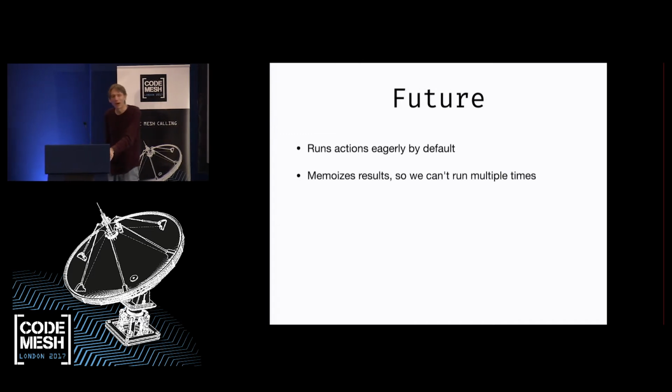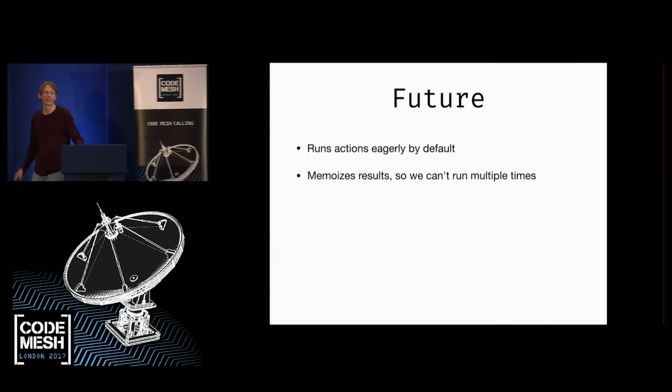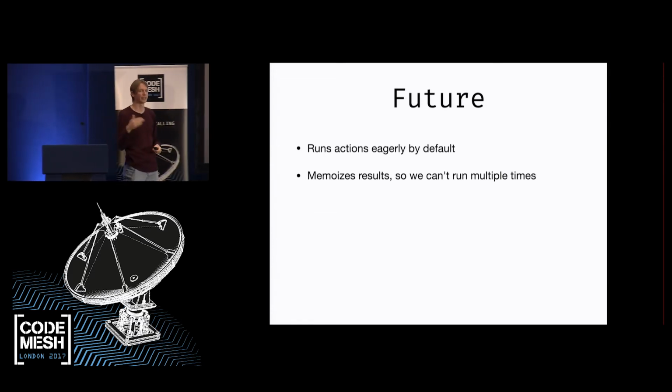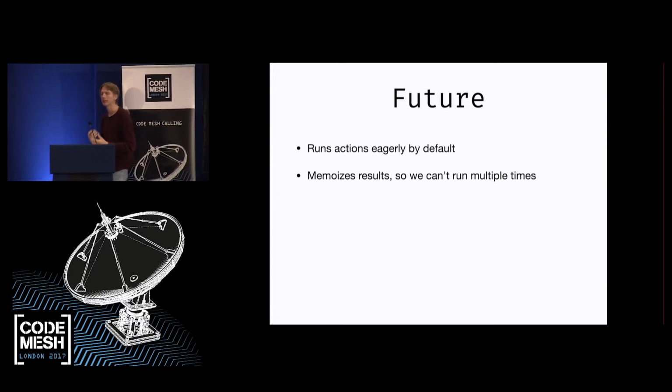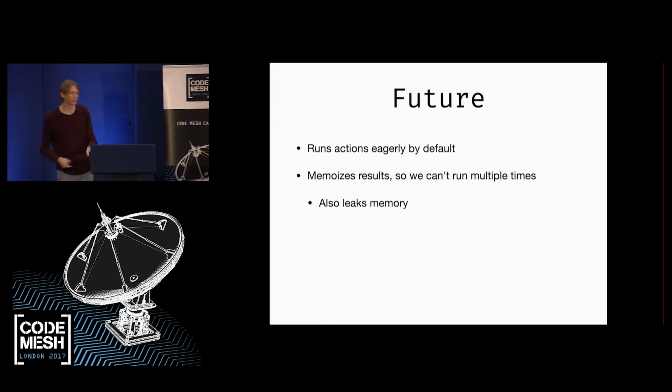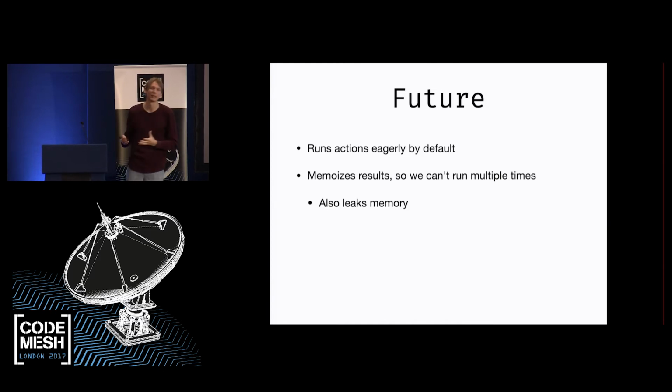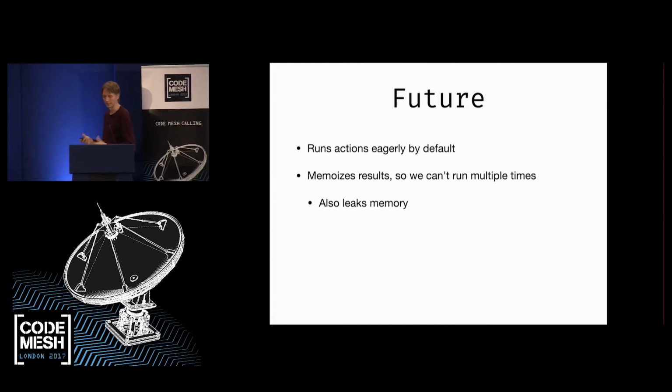Future also memoizes results. So you can't take an action, define it, and then run it multiple times, like the whole add to gauge thing. That's actually a really serious problem that can also lead to memory leaks if you're not careful. But at a minimum, it certainly prevents us from having the sort of program that